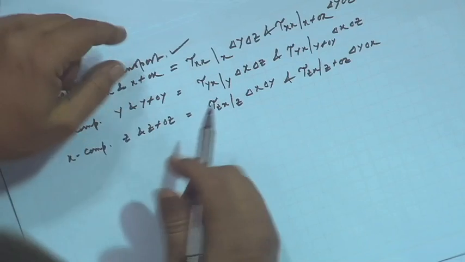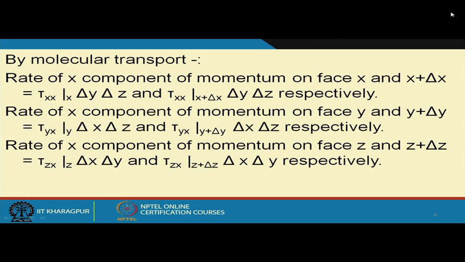right. So, the velocity component Vx is imparting the momentum, and this momentum is acting on all three directions and in two ways, one by the bulk transport, another by the molecular transport. So, all these six, right, three for the bulk flow and three for the molecular transport, that we have seen how they are acting for one component, that is the velocity component Vx, right. We can then say that